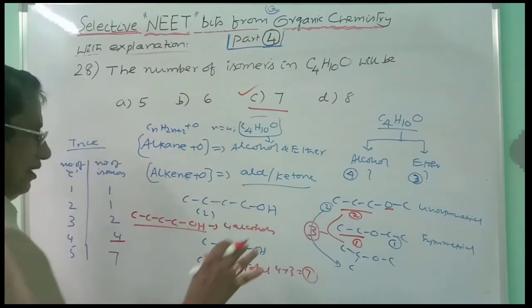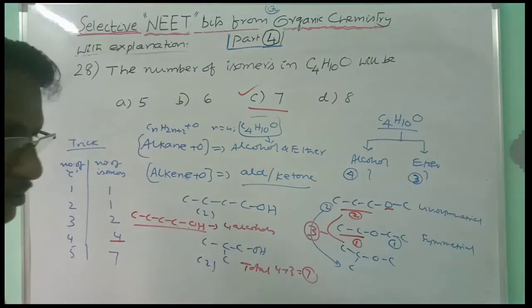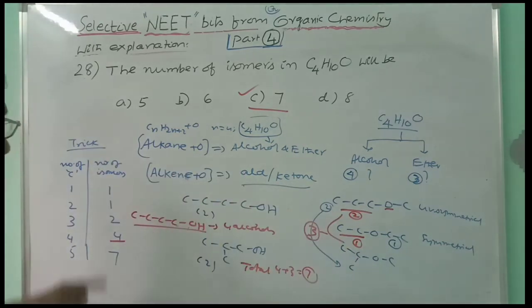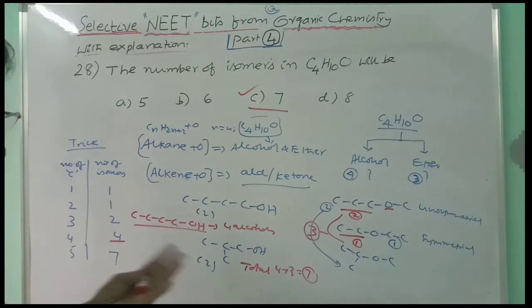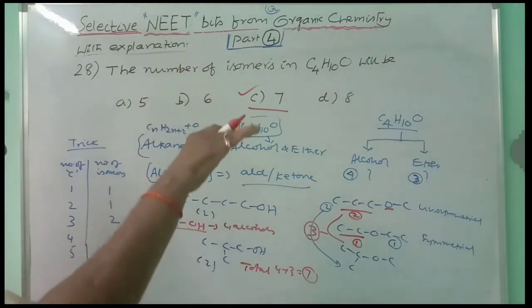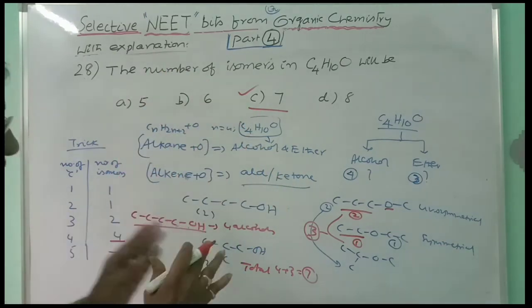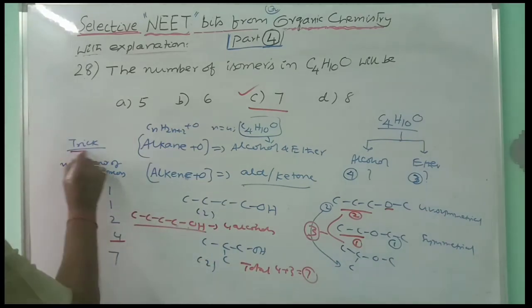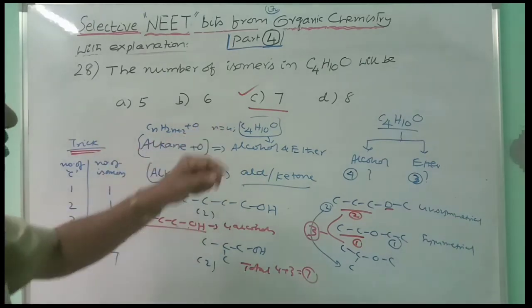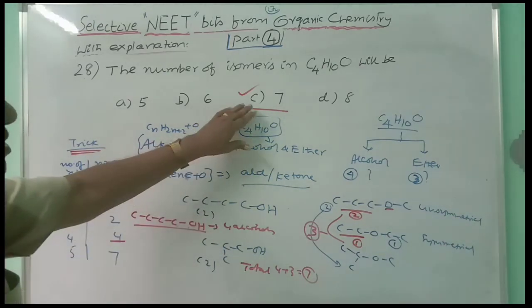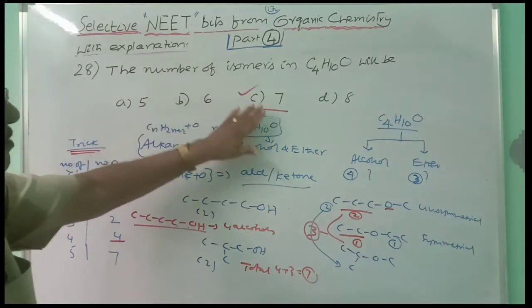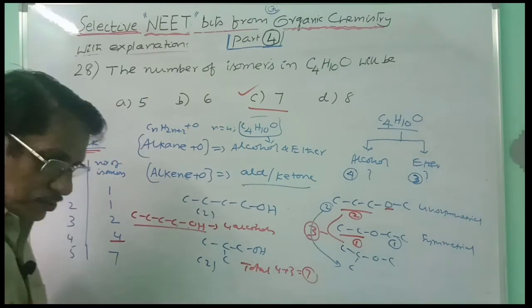This is a trick only. You can follow this one, or if you remember, you can follow the other one also. Whenever the OH functional group is attached to a carbon chain, based on the carbon chain you can give the number of isomers. If it is a functional group having 2 alkyls on either side, then you have to take the alkyl group having the larger number of carbons and select the number of isomers depending on it. This is the number of carbons and this is the number of isomers. This is the trick you can follow, or otherwise you can write like this. So what is the correct answer here? C, 7, is the correct answer. 4 isomeric alcohols and 3 isomeric ethers are obtained. Total number of isomers is equal to 7. So this is the way you have to answer the bits.